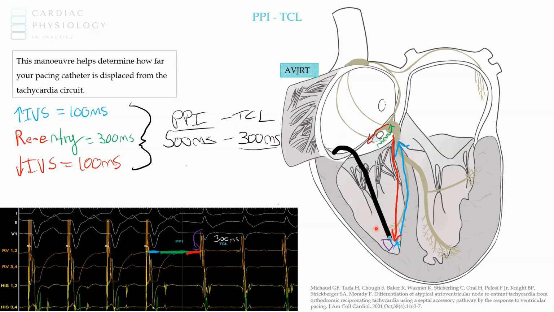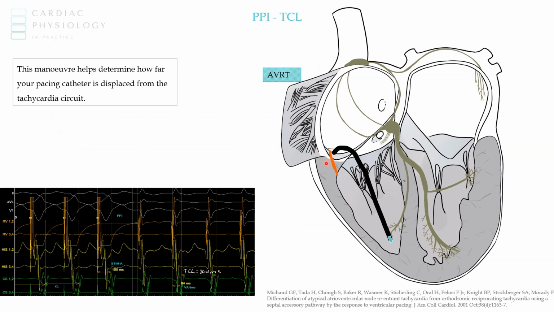But if you put the pacing catheter in the RV apex, during AVJRT, it just so happens that you'll get a PPI minus TCL of more than 115 milliseconds almost every day of the week. This just means that the RV apex is quite far from an AVJRT circuit, so it always tends to be more than 115 milliseconds. In contrast to performing this maneuver during AVJRT, our calculation will look quite different in the context of orthodromic AVRT,